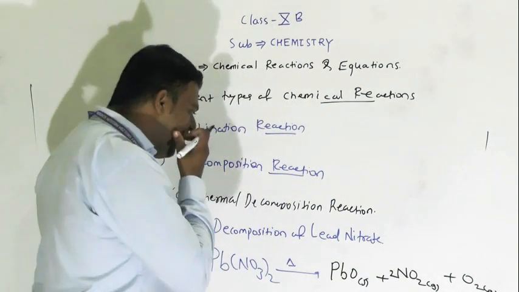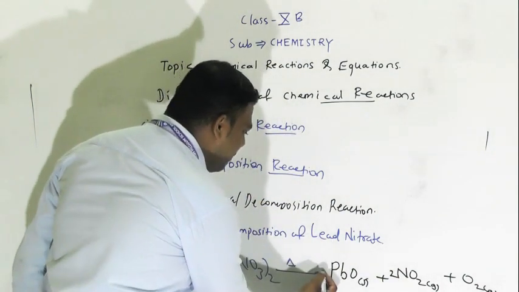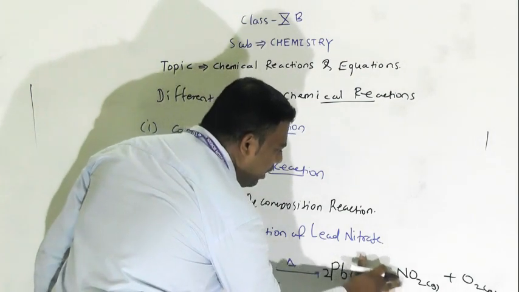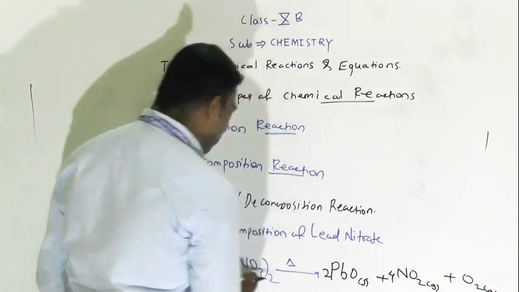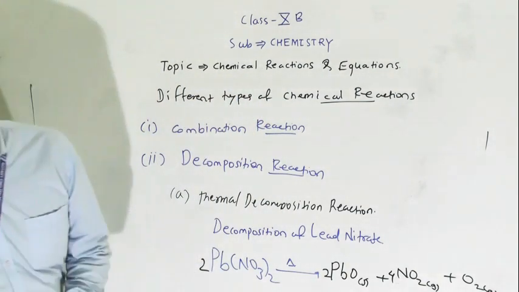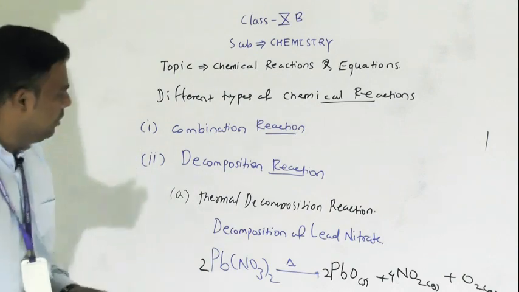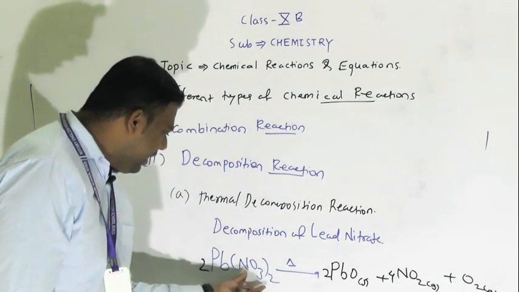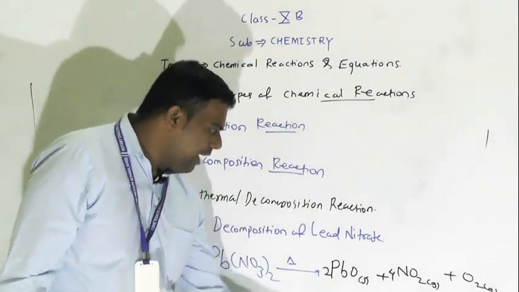Okay, now see here 2 PbO. So what will you take here? Here we have to take 4, because your nitrogen becomes 4. Now see, once again we will cross check your reaction. 2 Pb, yes, 2 nitrogen, and these 2, so see here 4 nitrogen.